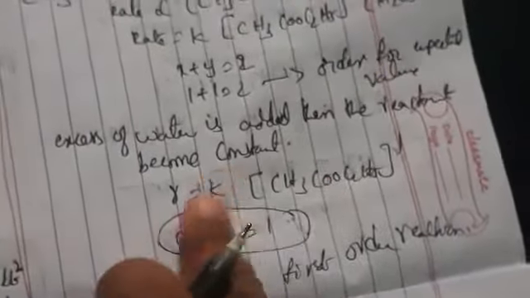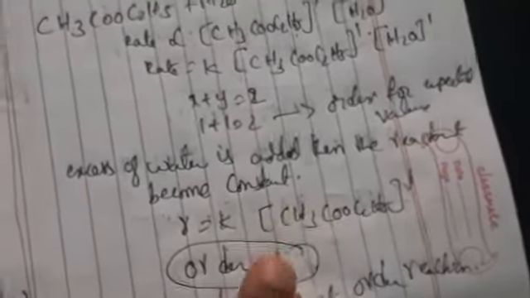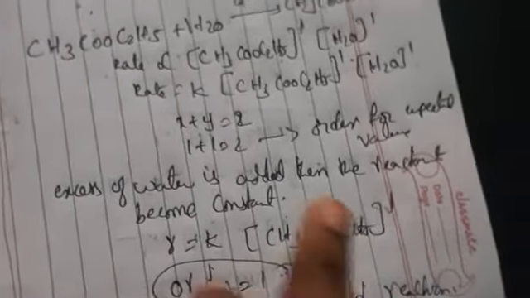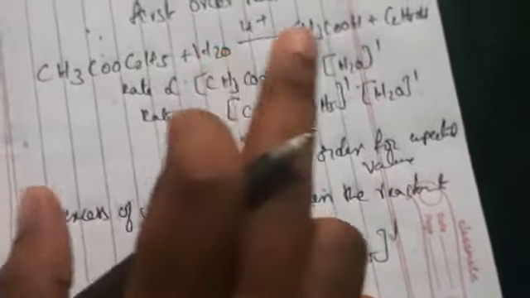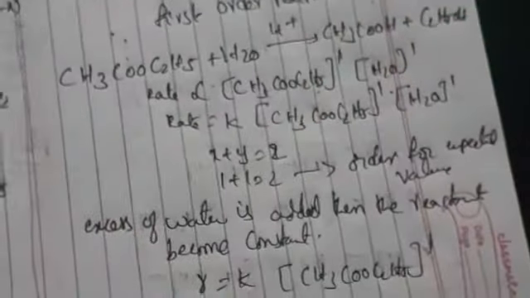So what is pseudo first order? Even though the order is high, we get only order 1. Here we are getting 1. Why are we not getting the H2O order? Because here we are adding it in excess, meaning a larger quantity. That's the reason it shows only order 1. So this is nothing but a pseudo first order reaction.